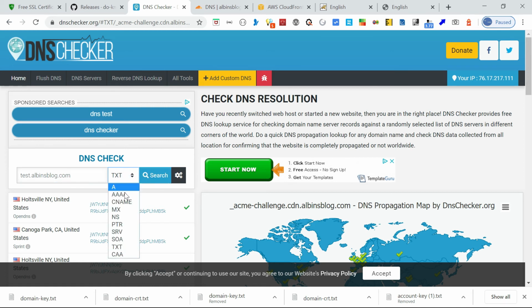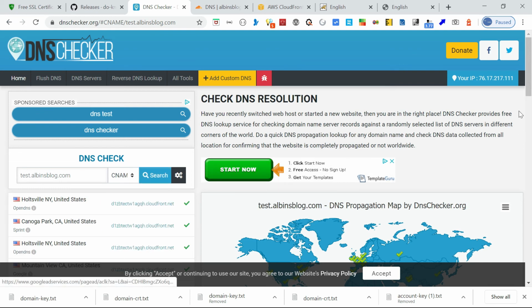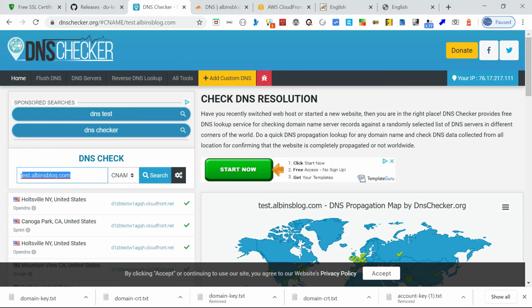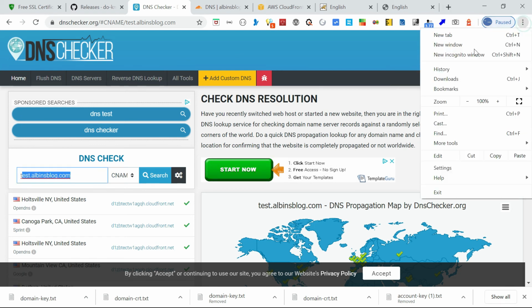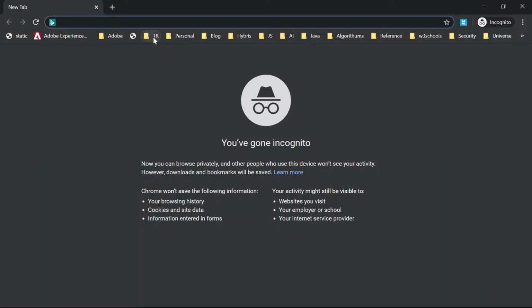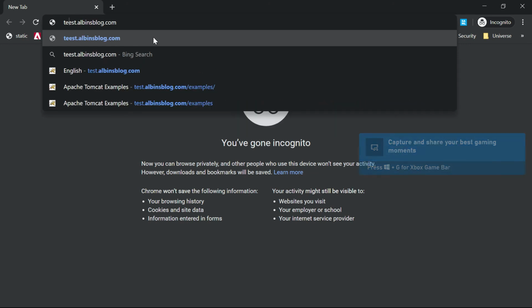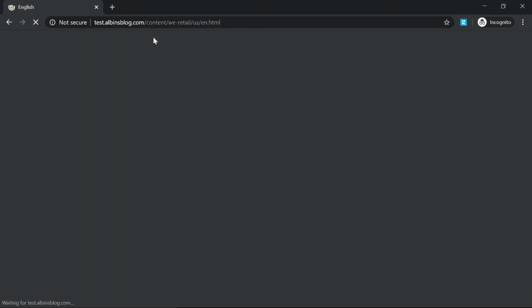Test.albinsblog.com, then check the CNAME record. Yeah, it's already reflected. Now what you do is go and access this domain. Maybe I will go to a private window. Yeah, it's accessing.